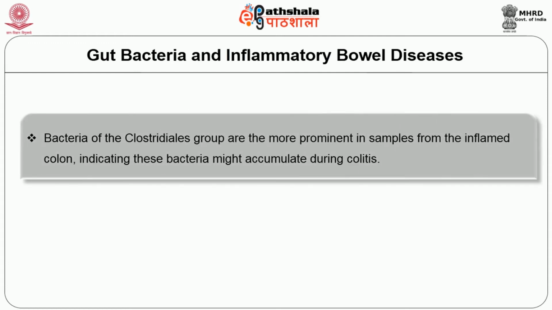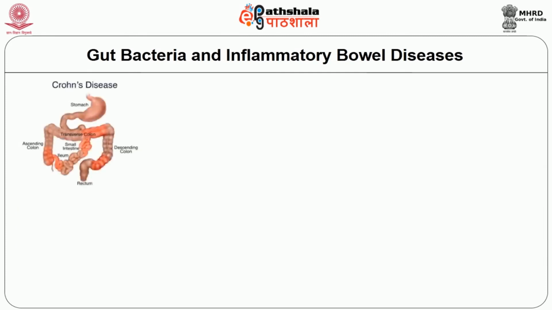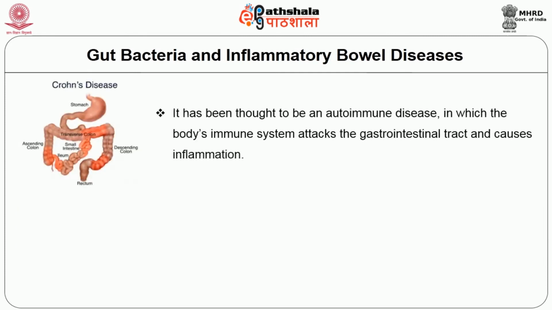Bacteria of the Clostridiales group are the most prominent in samples from the inflamed colon, indicating these bacteria might accumulate during colitis. Bacterial products exacerbate acute inflammation via TLR2 and TLR4, and signaling potentially triggers TLR-dependent accumulation of neutrophils and T cells. Crohn's disease is another type of IBD. It has been thought to be an autoimmune disease in which the body's immune system attacks the gastrointestinal tract